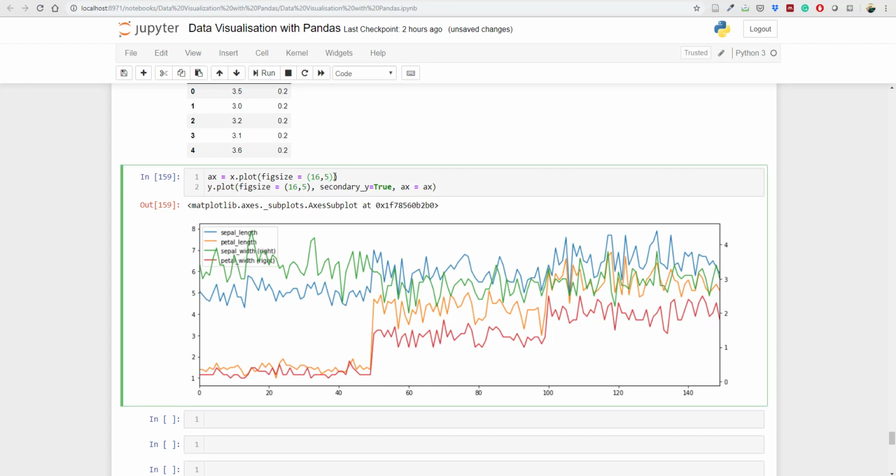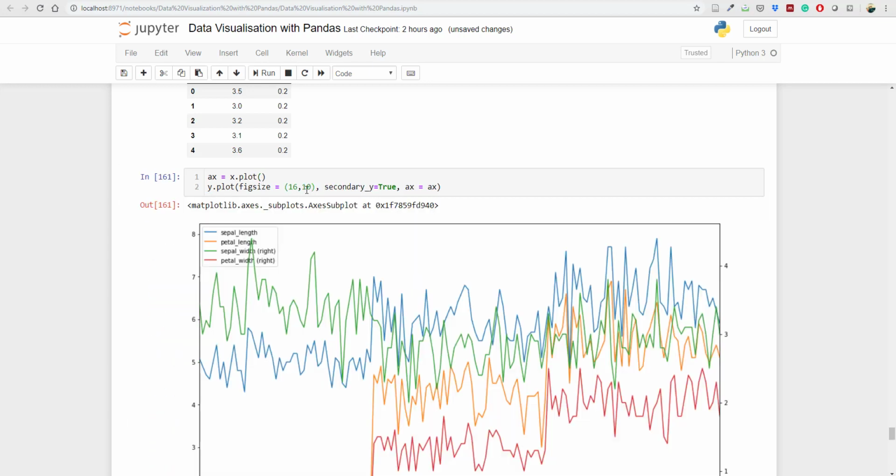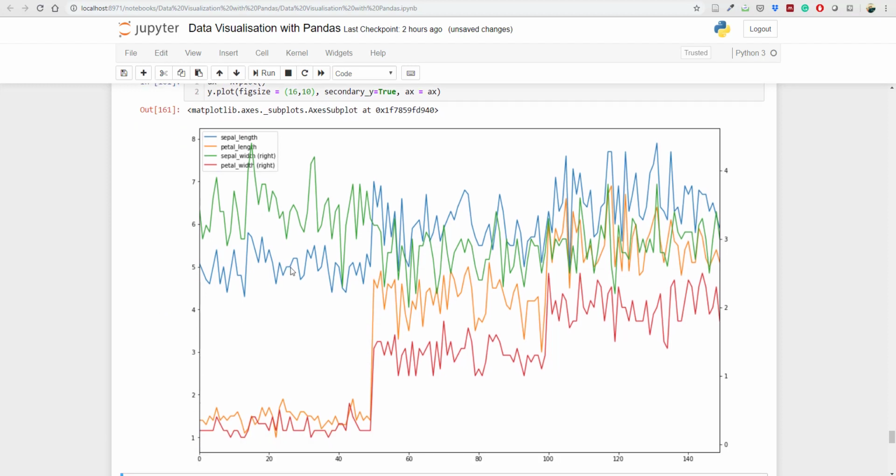Okay, and we can remove this figure size, I think it will not affect, and then we can increase this, let's say to 10. Now you can see what happens by default: the sepal width and the petal width are by default on the right axis. That is, the axis numbering for width is by default the right axis, and the axis numbering for length is by default the left axis. Okay,